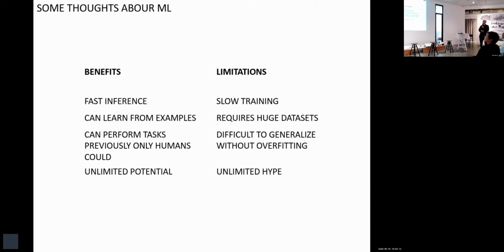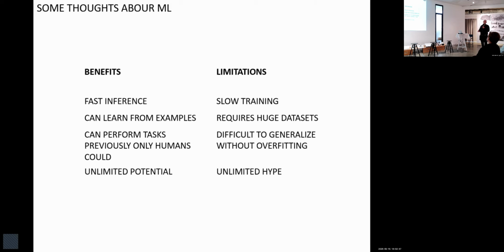So fast inference, and I just described slow learning. Machine learning, unlike heuristics, can learn from data sets, from examples. You don't have to be explicit, but then you need a huge data set. And I know you said data is available, but it's not easy finding the data. And even if you have the data, tagging the data is killing all of us. Half of our work is just writing what is what.